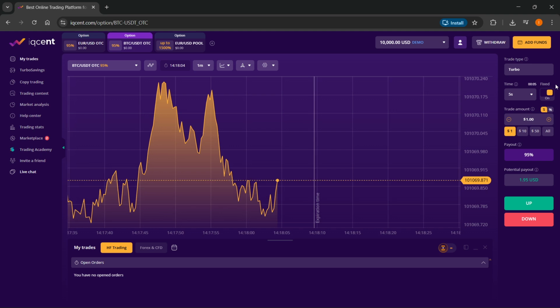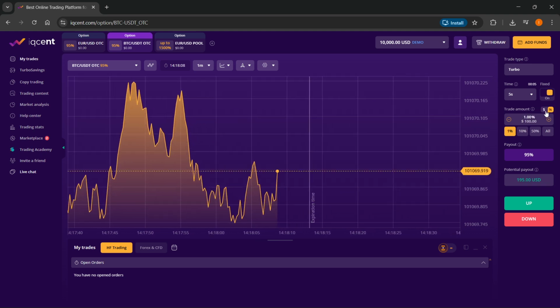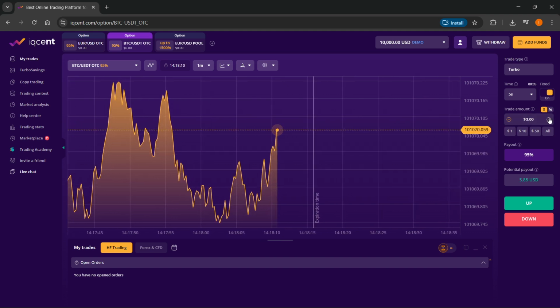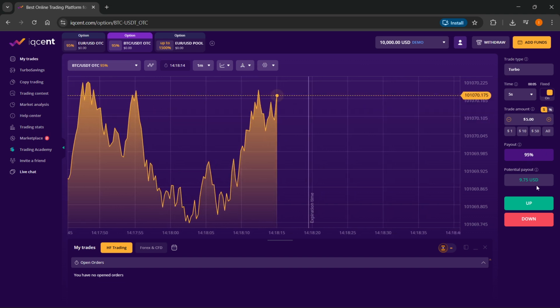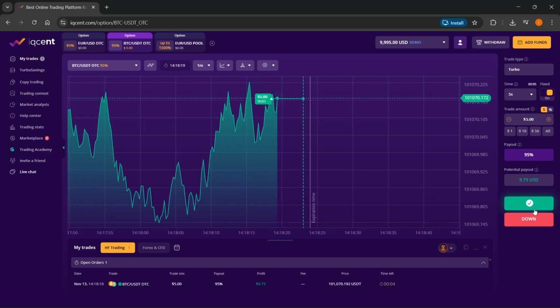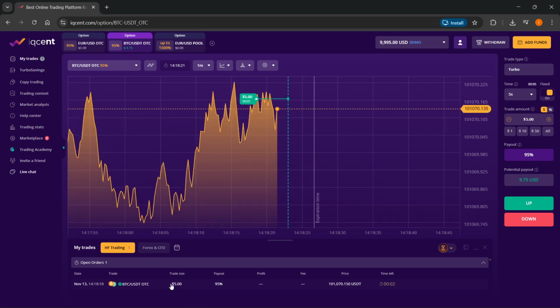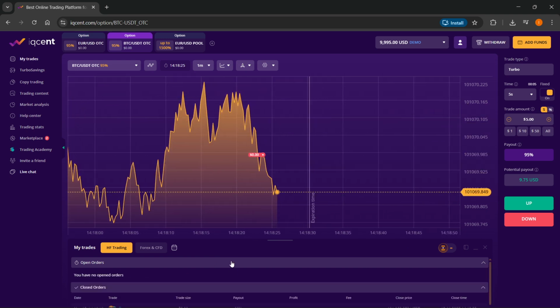Of course, you can do fixed on or off if you want to. You can do trade amount either in dollars or percentages, and then you can just type in however much you want to do. And then here you can see the payout over here. It's going to tell you everything, the potential payout as well, and then you can just go up or down. And then whenever you do that over here, as you can see, it's going to basically open up your order down here at the very bottom. So that's how you do it. That's how to